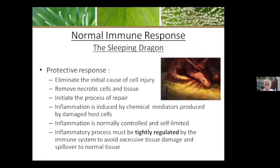A sleeping dragon, I love this look of a sleeping dragon, because the inflammatory process is actually protective for the body. It eliminates the initial cause of cell damage. So the sleeping dragon is like a watch dragon. He's there just making sure, keeping everything in place and keeping half an eye open. But once that dragon gets woken up,